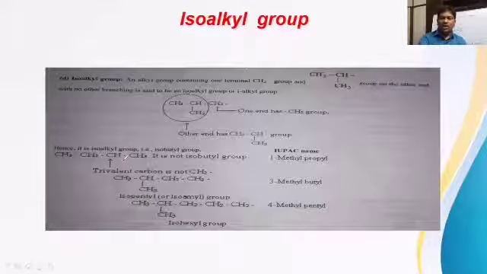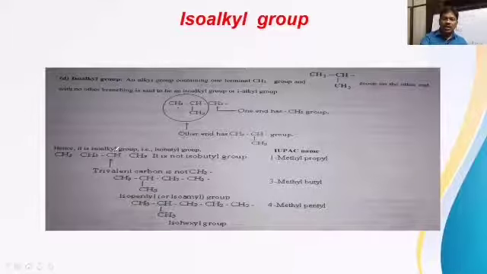This group can be called secondary butyl because here, why is it butyl? C4H9 again. Here also C4H9. The C4H9 group is the butyl group. In both cases, butyl only. Here it is isobutyl, but it is secondary butyl because the free bond is present on a 2-degree carbon. This carbon with the free bond is attached directly to how many carbons? 1 carbon on the left side, 1 carbon on the right side.